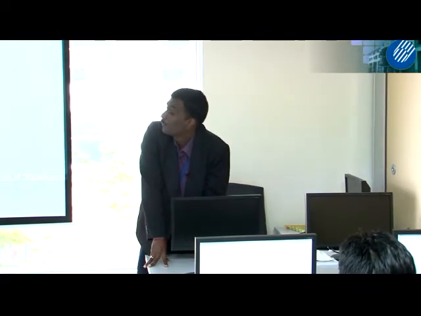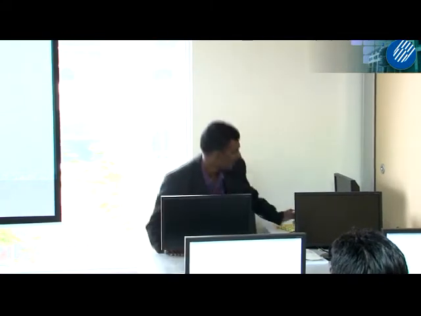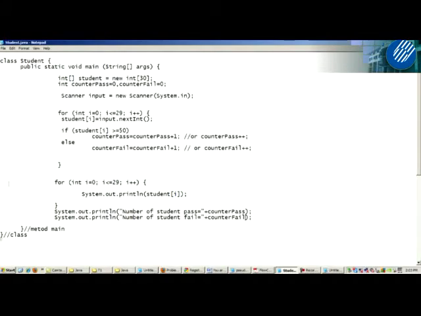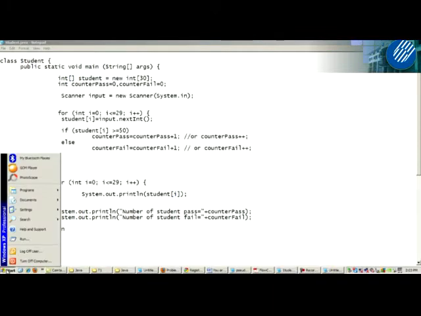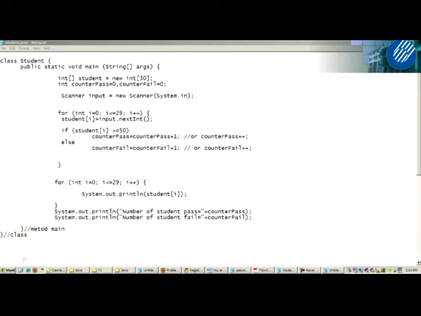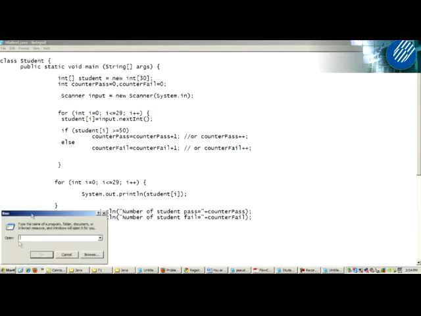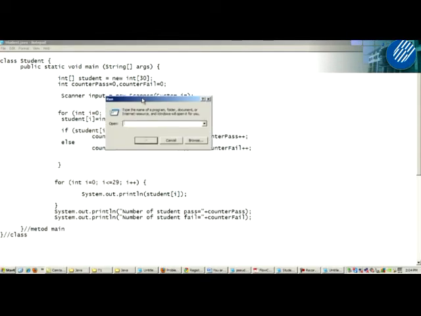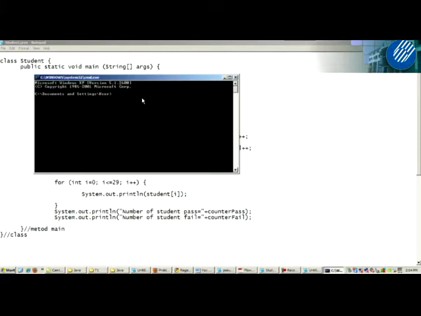Okay, now, all done. So now, what's next step? Compile. Okay, now we show you how you can compile. Okay, you go to start. Right. You click run. Again, now I show you. You click start, then you see run. Okay, after you click run, you will see this dialog box. You type CMD, all small letter, CMD, enter.